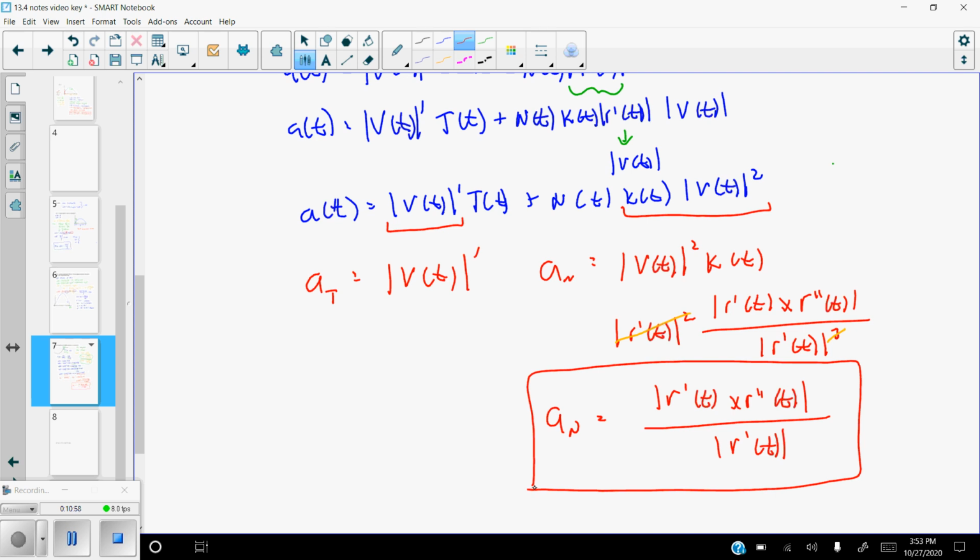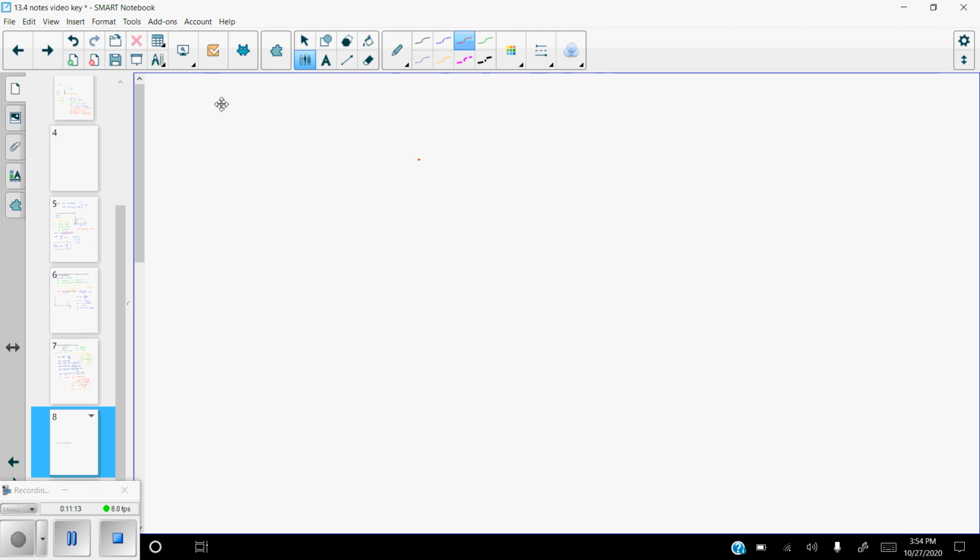Now we want to try and develop a good formula for that tangential component of acceleration. Not going to be quite as intuitive, I don't think, as this one was. So let's go ahead and go to the next page here. So again, we've got that this tangential component of acceleration is the magnitude of v of t prime, whatever that means. We'll start off with that. Okay. So we're going to start off with, and this is where the non-intuitive part comes in, v